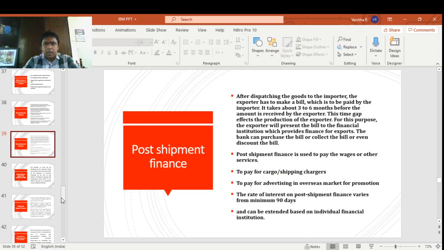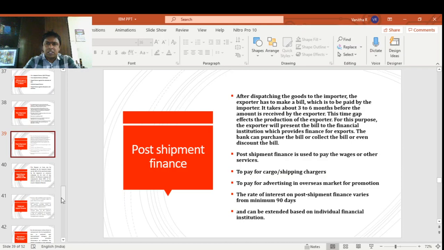So like I was saying, it depends on the size of the business and the type of the business, or the type of goods that you're selling it to. And these scenarios arise most of the times. Post shipment finance,